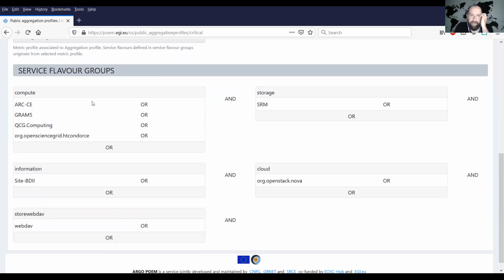Each group contains several service types. In this case, we have ARC-CE, GRAM5, QCG-Computing, HTCondor-CE. These four things basically provide the same functionality, just with different services. So we put an OR.